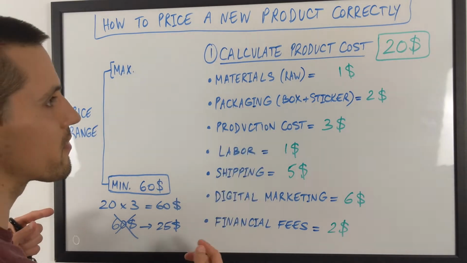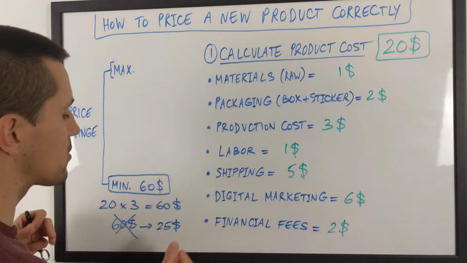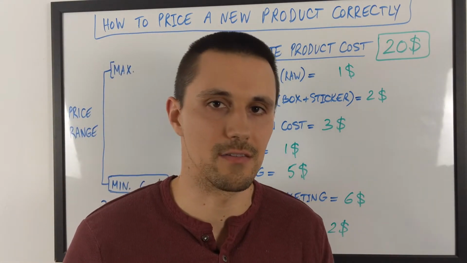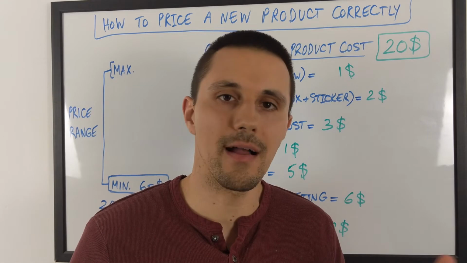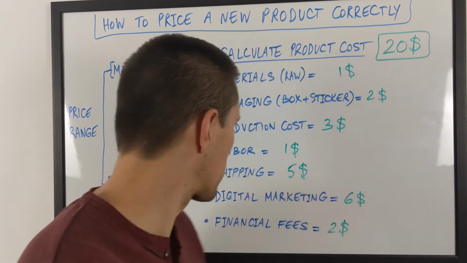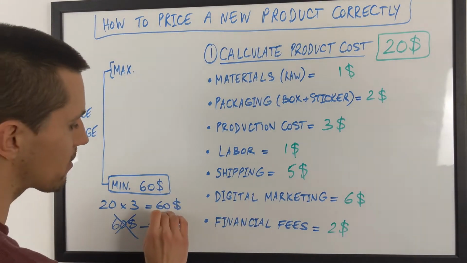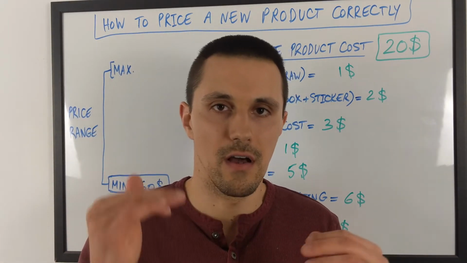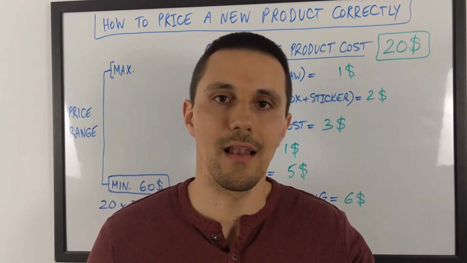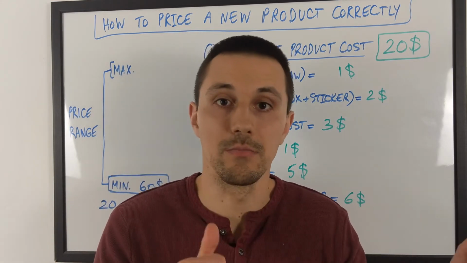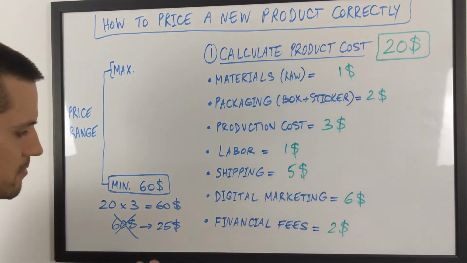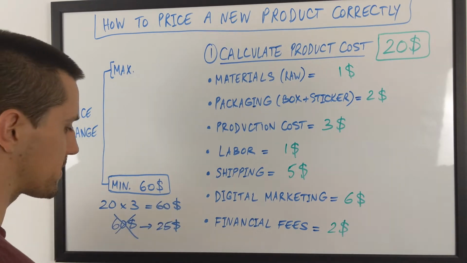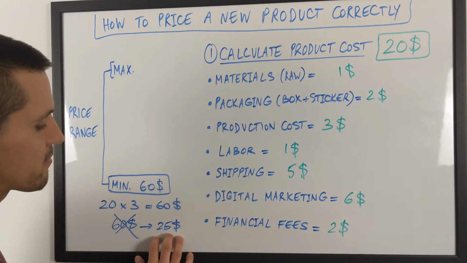Imagine after a few months or years you decide to do wholesale. I want to sell bigger quantities, maybe to supermarkets or something like that. What happens when you are bargaining wholesale? Usually they're going to take your price and ask you for 50 to 70% off your initial price, so you can sell them a lot of quantity. It becomes a volume business. In other terms, your $60 price tag will be cut by 50 to 70%, which will leave you with $25